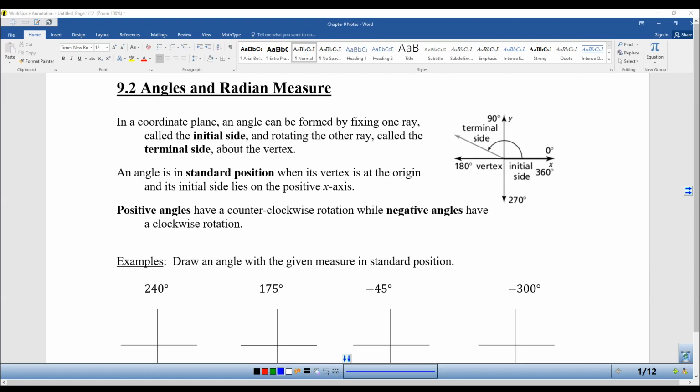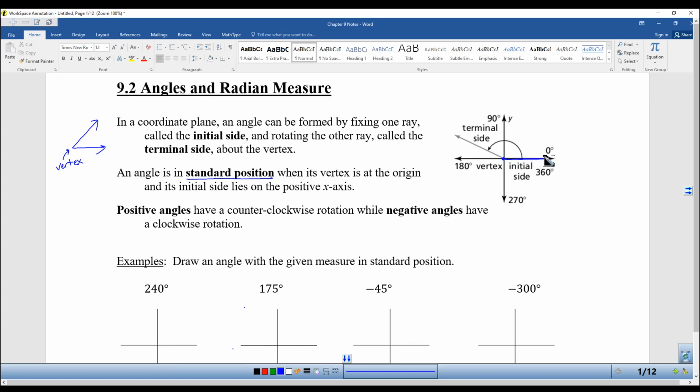So in a coordinate plane, an angle can be formed by fixing one ray, called an initial side, and rotating the other ray, called the terminal side, about the vertex. So that point right there is going to be called the vertex. If the angle is in standard position, then the vertex is at the origin and the initial side lies on